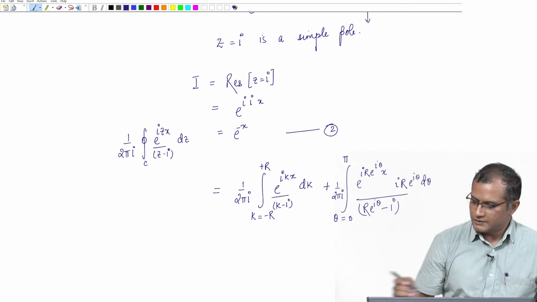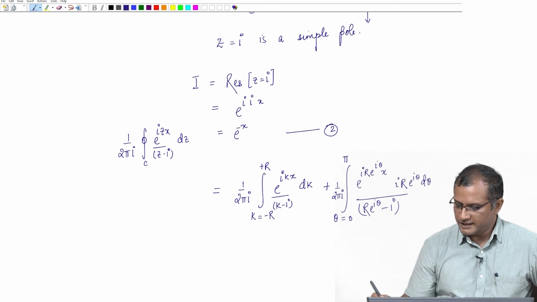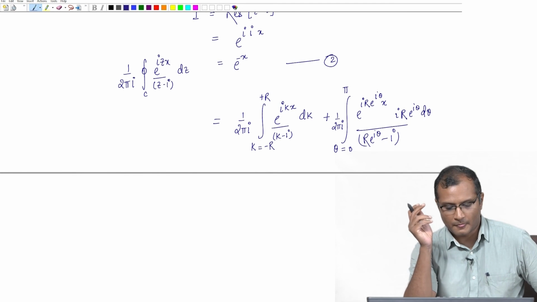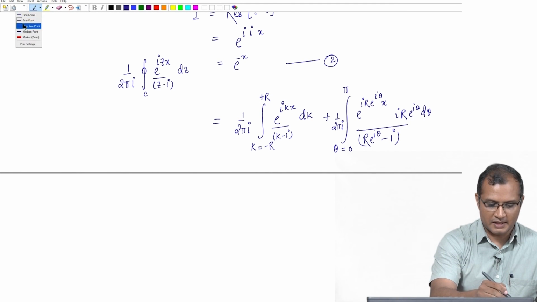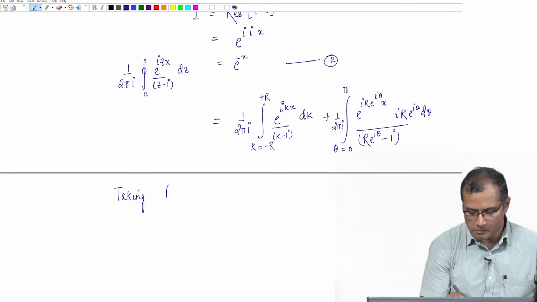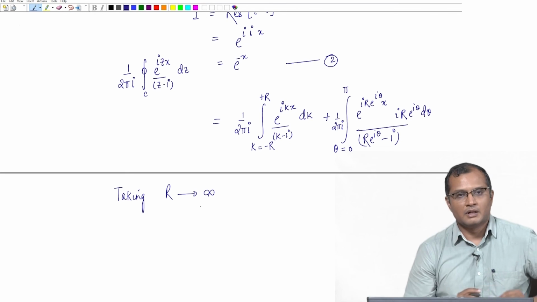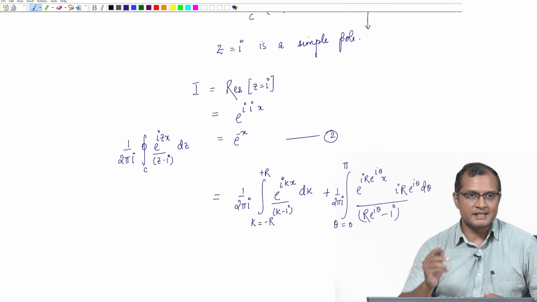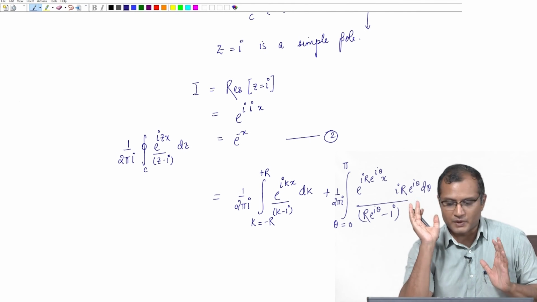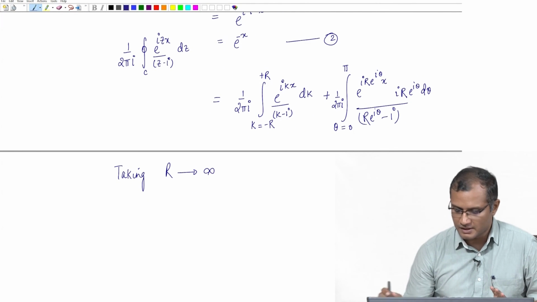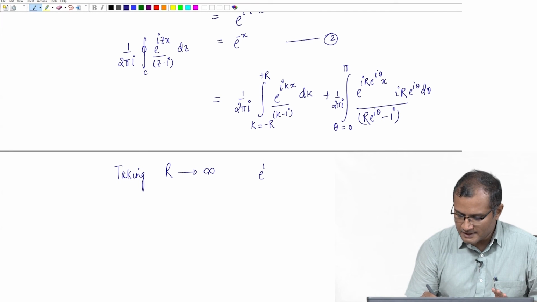Okay. So, I can say that if I take R to infinity, two things can be seen. The first observation that I see by taking R to infinity is that my numerator e to the power i z x remains well behaved. In fact, it goes to 0 for positive values of x. So, my e to the power i z x, which is written here,